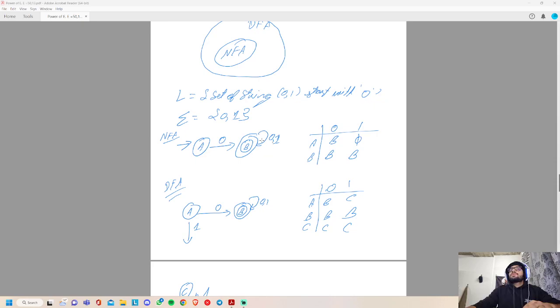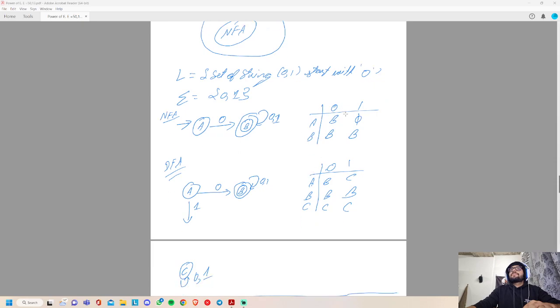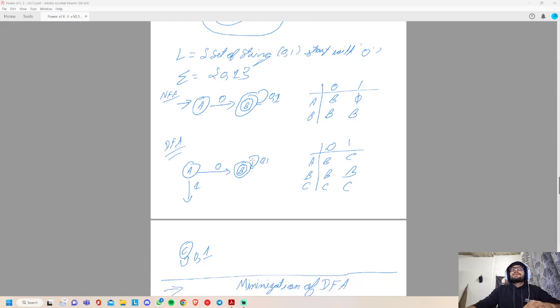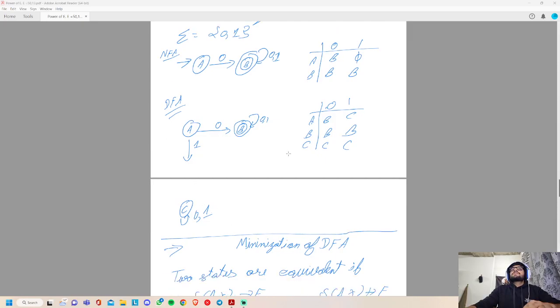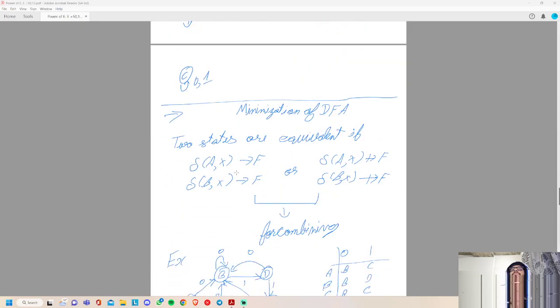If it gets 0 or 1, it stays in the final state. This is the transition table of the NFA. Now what does a DFA do in this? We'll make one more state, a dead state, and it stays in C. This is the proper transition table of a DFA.